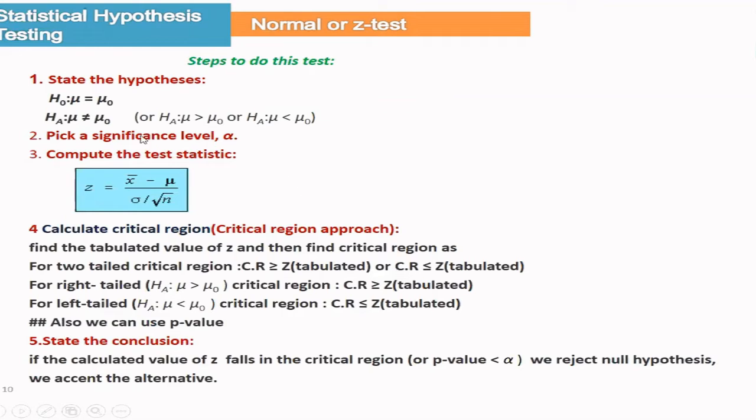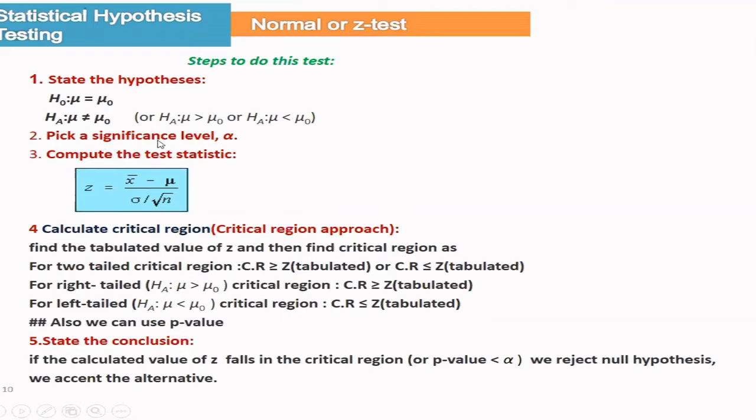Before going to the example, I told you that there are 5 steps for hypothesis test. First of all, you have to state the hypothesis, null hypothesis and alternate hypothesis. For one sample Z test, the null hypothesis H0 is mu equal to mu 0. That is, mu takes some value, we agree, and for the alternative hypothesis we do not agree. For a two tail test, it is not equal. If you say one tail test, it may be greater than, or it may be less than.